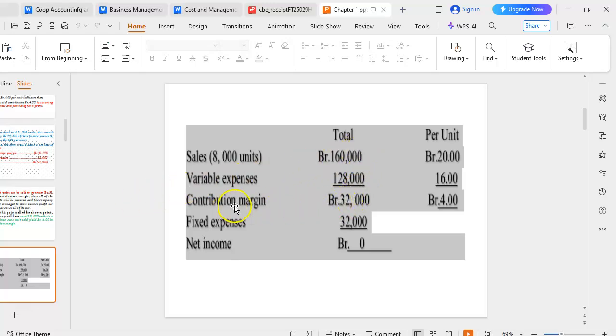Here, for example, if the contribution margin is 32,000 and our fixed expense is 32,000, the net income is 0. If you sold only 8,000, 8,000 times 4 is 32,000. Per unit, for example, if you per unit 20,000,